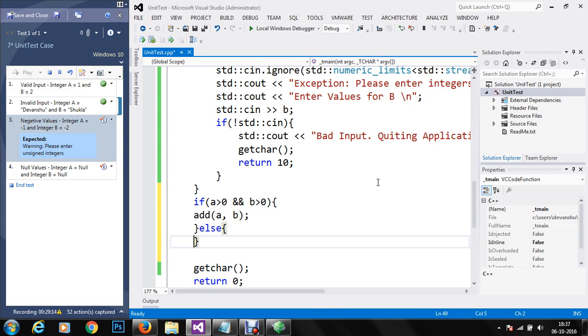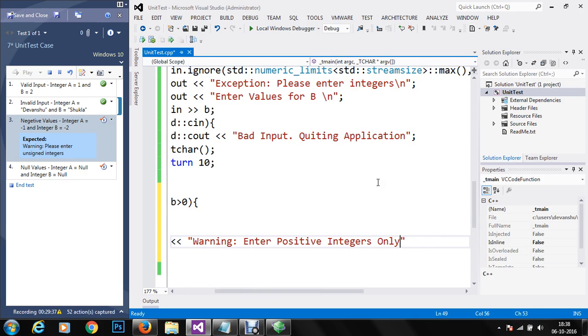Else we'd like to give an exception to the user. So we'll give something like cout warning, enter positive integers only. So we can give a warning message to the user using the application in this way.